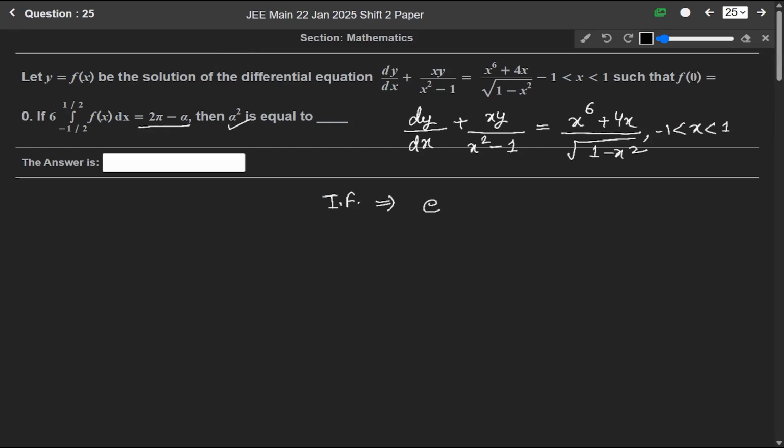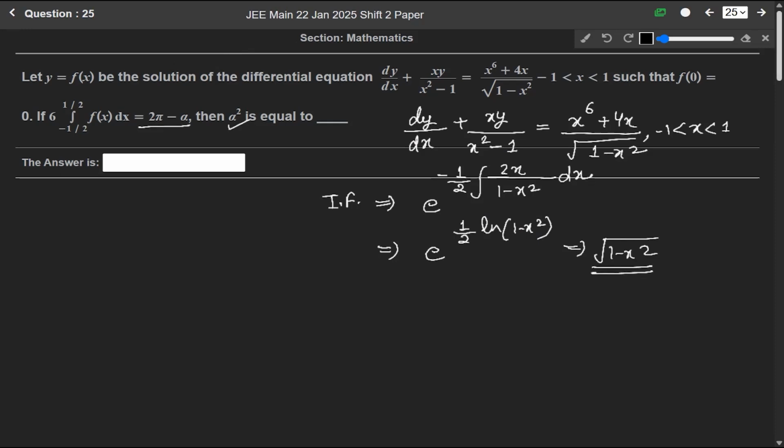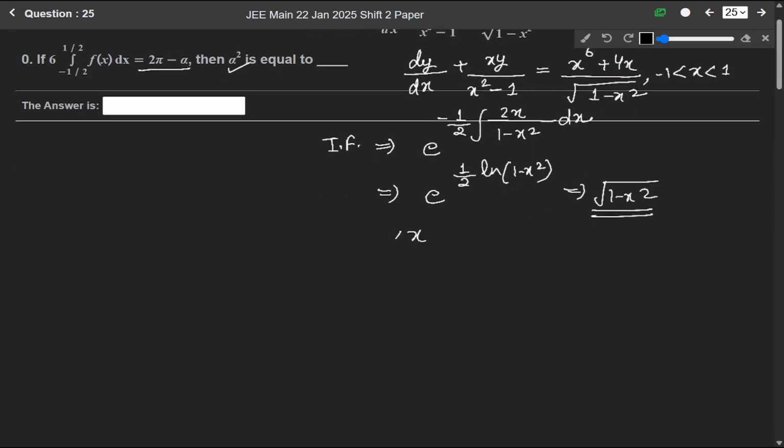So it will be e to the power minus 1/2 integration of 2x over 1 minus x square dx. So it will be equal to e to the power 1/2 log of 1 minus x square. Okay. So the integrating factor will be under root of 1 minus x square. Now, since x is greater than minus 1 but less than 1, the integrating factor will be this under root 1 minus x square only. Okay. Now, its solution will be